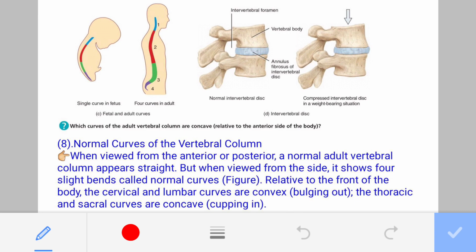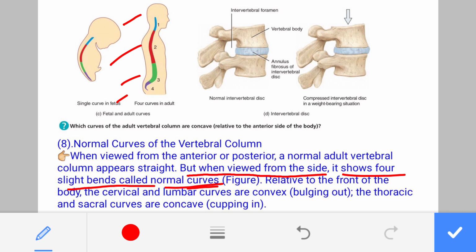As you can see, when we are viewing the vertebral column from the side, it is showing 4 bends. As you can see, 1, 2, 3, and 4 bends are there, and these bends are known as the